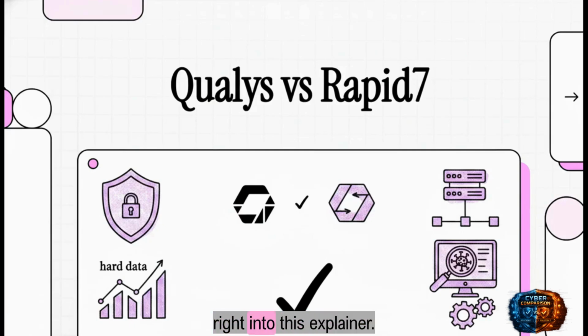All right, let's just dive right into this explainer. Today we're tackling a massive debate between two absolute heavyweights in enterprise security, Qualys VMDR and Rapid7 InsightVM. We're going to leave the fluff behind and focus purely on the hard data to see which one truly fits